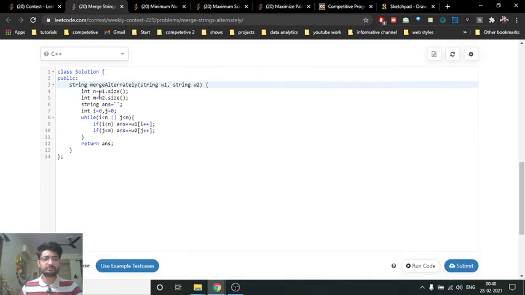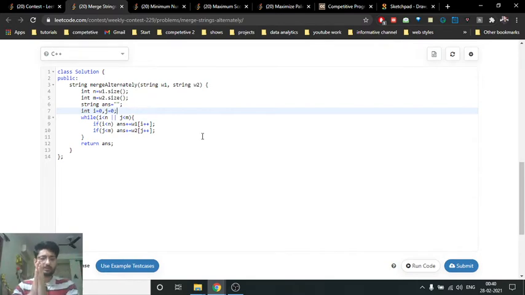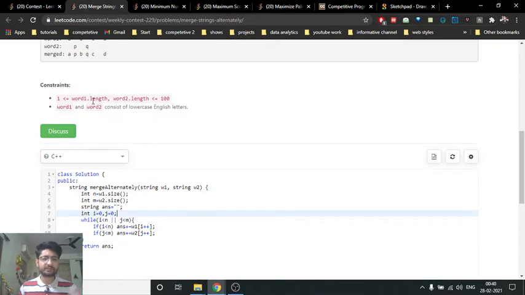So as you can see in this code part, I take the input, like this is an empty string which we have to return, or we have to populate that string. Then these are i and j, which are pointing to the start of word1 and word2. Then we have to do a while loop till both of them are out of bound, because we have to take characters from both of these strings. So if i is less than n or j is less than m, if any of these conditions is true, then we first have to take a character from i and then j.